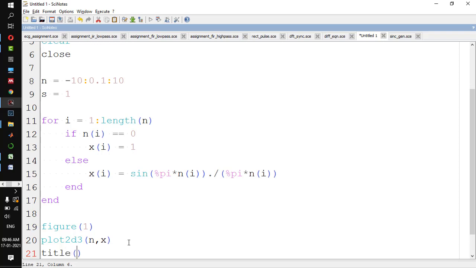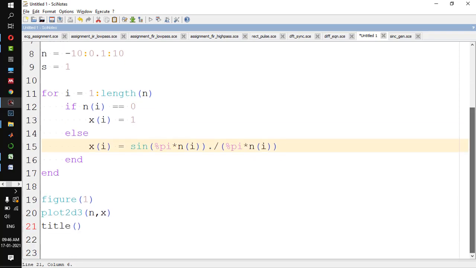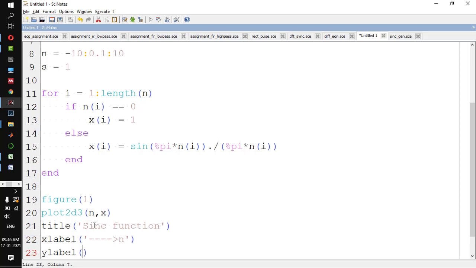Title: sinc function. X label, it is n. Y label, it is x of n.